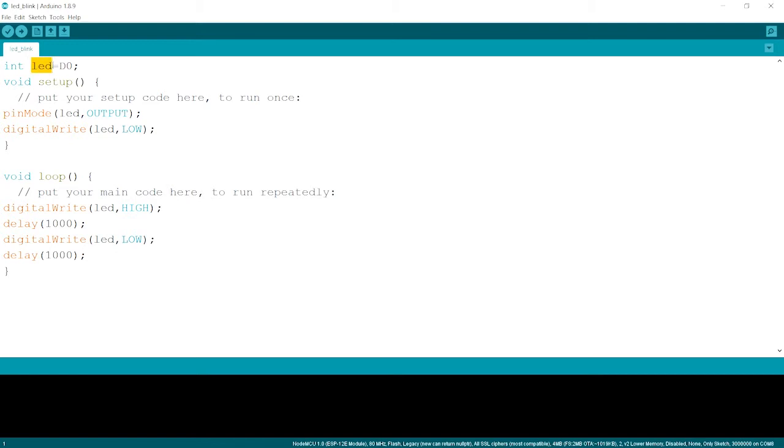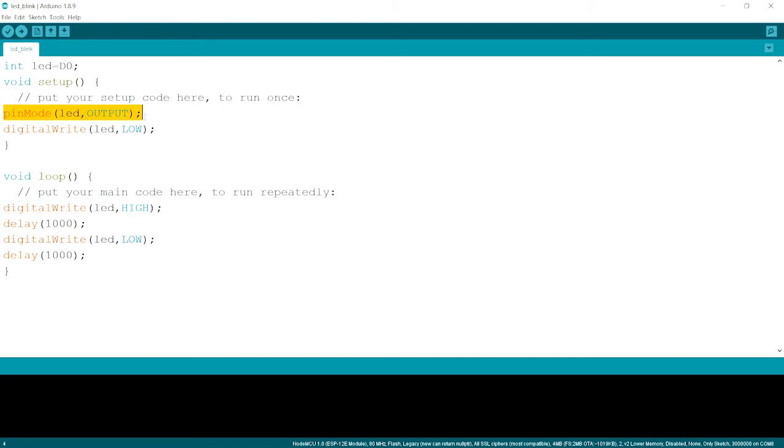That means we are declaring a variable of data type int, which I have already explained in the variables lesson. The variable name is LED, and we are assigning D0 to that LED pin. After pin declaration, we move to the pin mode declaration, which is a part of void setup.